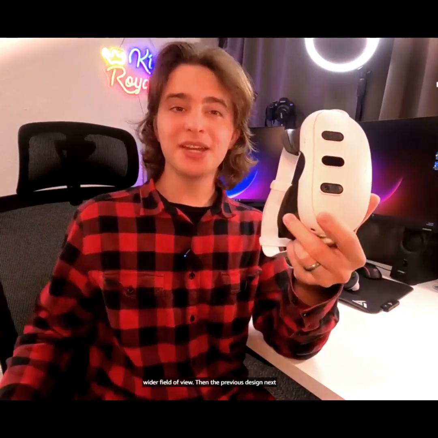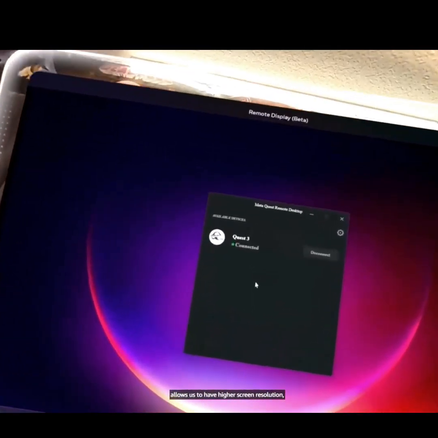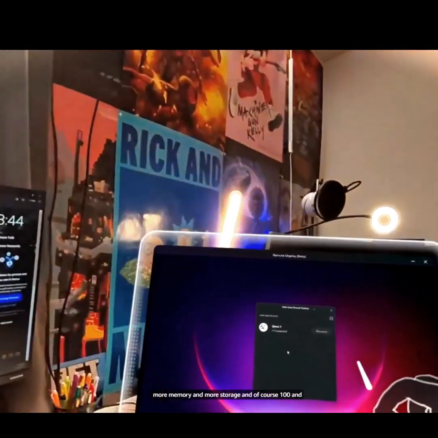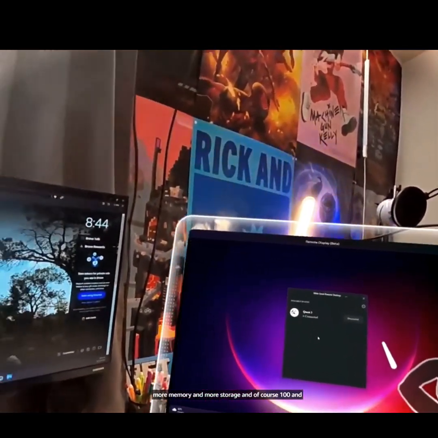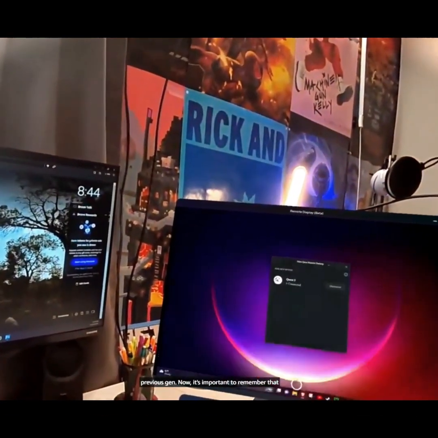Next up, number 5 is the improved performance. So we have a better processor in here, which basically allows us to have higher screen resolution, more memory, and more storage, and of course 120 hertz, which is a massive improvement from the previous gen. Now, it's important to remember that not all games support 120 hertz, but if you find the right